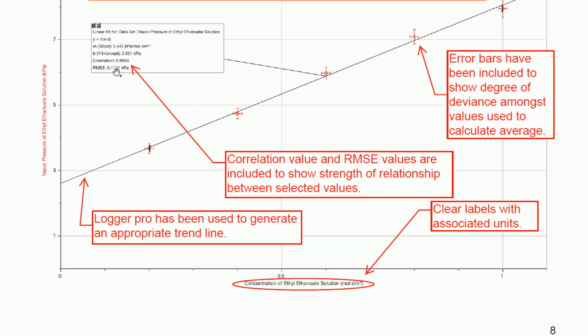The root mean square value also can show whether or not there's a lot of deviance from the trend line. In this case, this is a strong positive correlation, and the student has done a good job of representing this by showcasing those values. There can be greater analysis done to this in terms of calculating the slope and looking